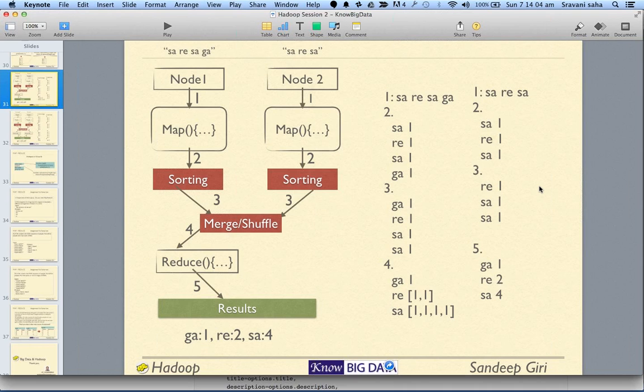So by default, whenever you execute MapReduce, you do three things. First, you write your map function, and then you write your reduce function. Then you decide on what file you are going to operate. So you give three things to MapReduce: the file on which you want to apply your MapReduce, the map function, and the reduce function. When I say giving a file to MapReduce, it means I'm telling it that this is my file located on HDFS,